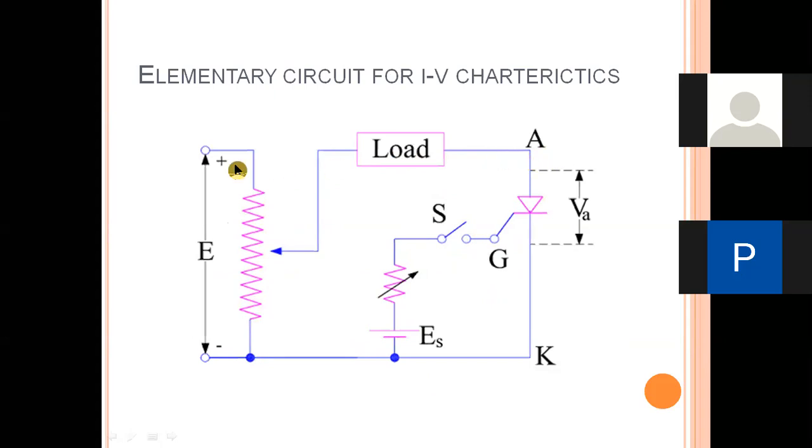Positive voltage is applied across the anode and negative voltage is applied across the cathode, isn't it? So in the structure of an SCR, you have the three junctions, J1, J2 and J3. J1 and J3 are forward biased and junction J2 is reverse biased, isn't it? So what will happen? As junction J2 is reverse biased, there will not be any conduction of current. Only a small amount of leakage current flows through the device, isn't it?